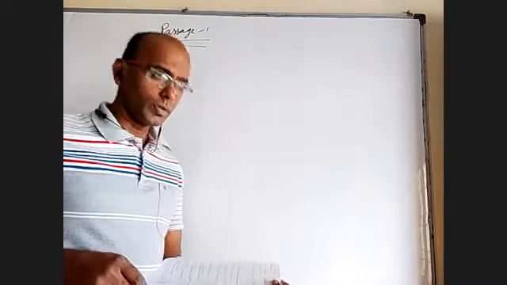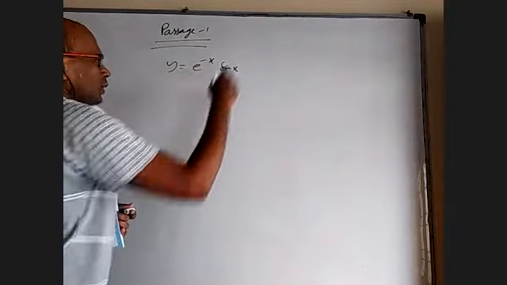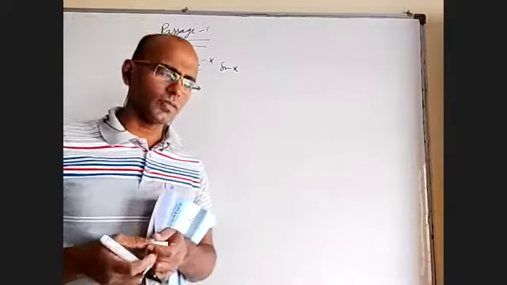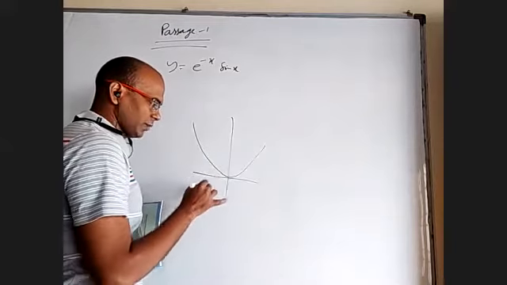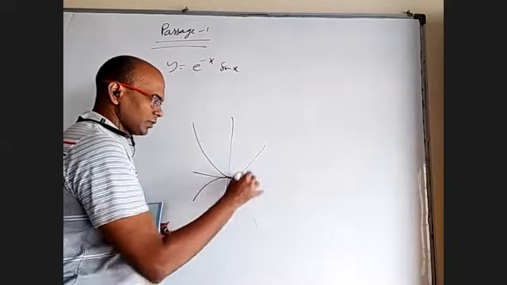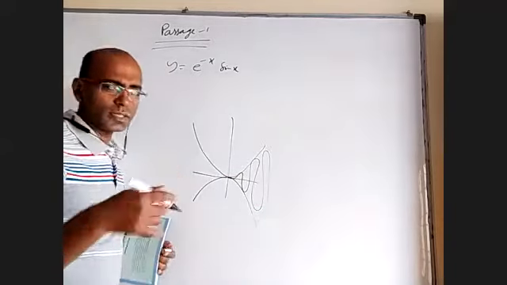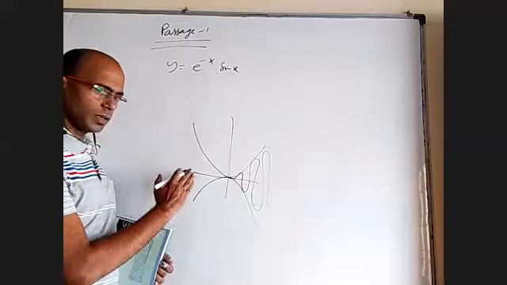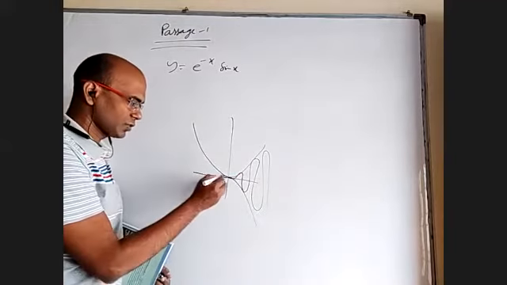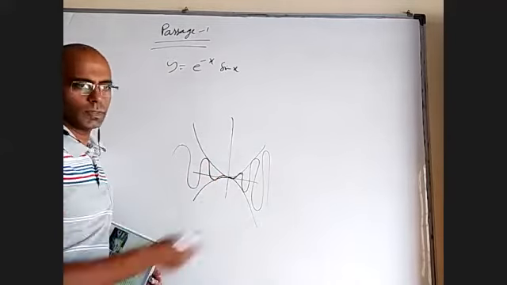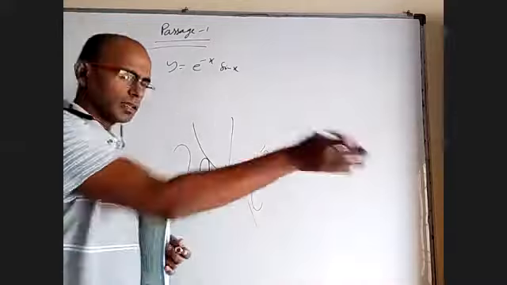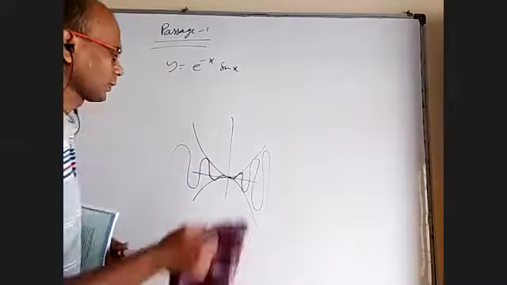Okay, so here it is very important to get the graph of y equal to e power minus x sin x. Last class I told you how to draw y equal to x sin x graph. Of course, x square sin x, I said it is between plus x square and minus x square and some kind of graph like this. Of course, x square sin x is odd, so mirror image of this will not come. You have to find mirror image and then again reverse it. So instead of it is coming up, it will come down and then it will go like this. Okay. Depending on even and odd, slight change is there, but otherwise you can get the overall pattern of this.